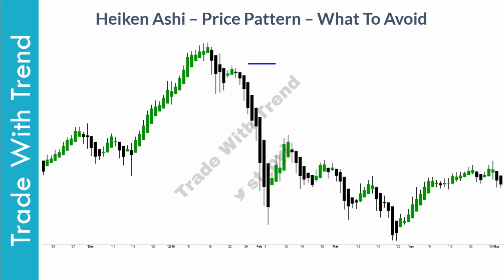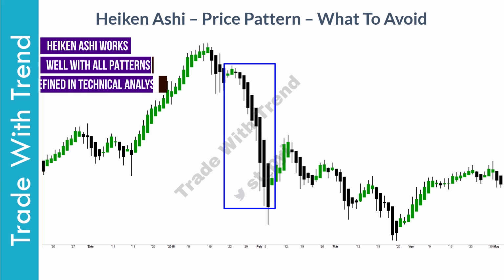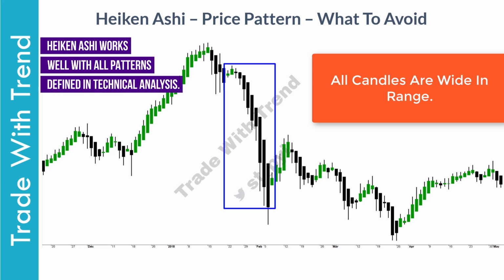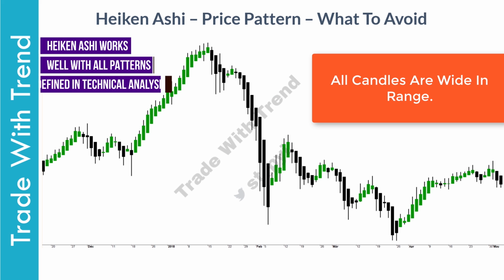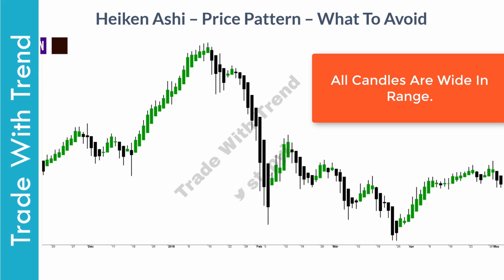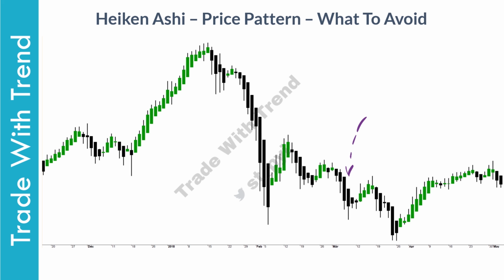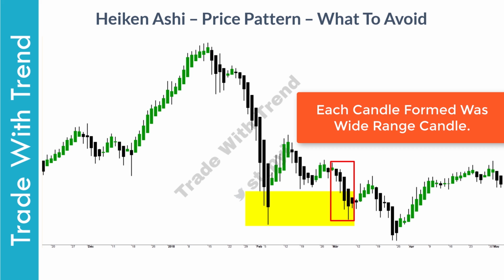In this chart, the first price bottom is marked here in this region. Look at all the candles here. All are wide in range as each represents strong momentum on the downside. Price here makes an attempt to make a double bottom but then fails and moves lower than the first price bottom. Now the question is, could you have spotted this in real time in the first place? Look at these 4 candles that were formed here. As price approached the first price bottom region, each candle that was formed was wider than the previous one, clearly representing momentum on the downside.